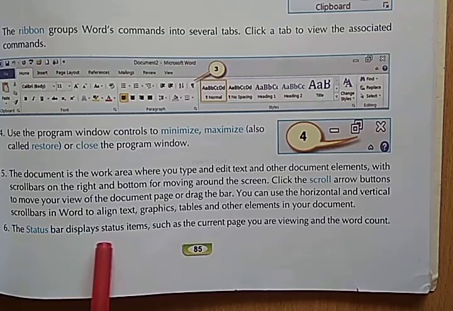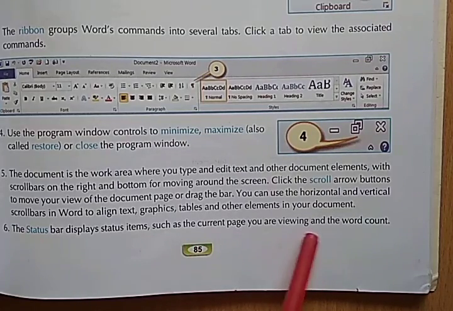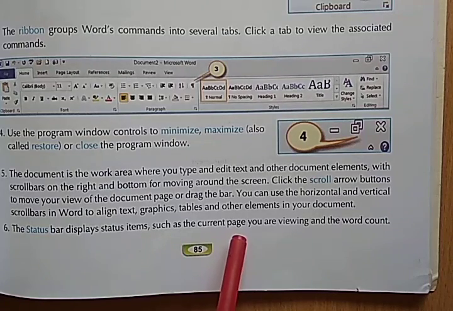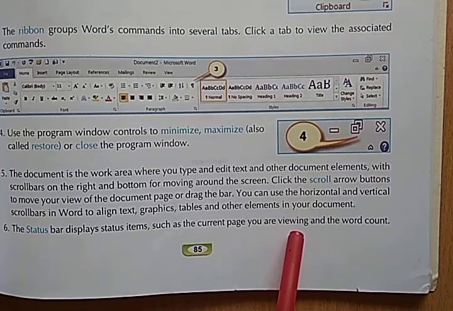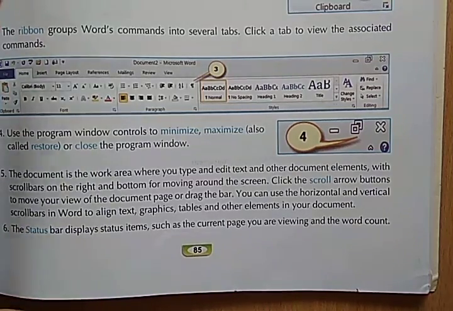Next, the status bar displays status items such as the current page you are viewing and the word count, how many words you have typed. This is all shown in the status bar.